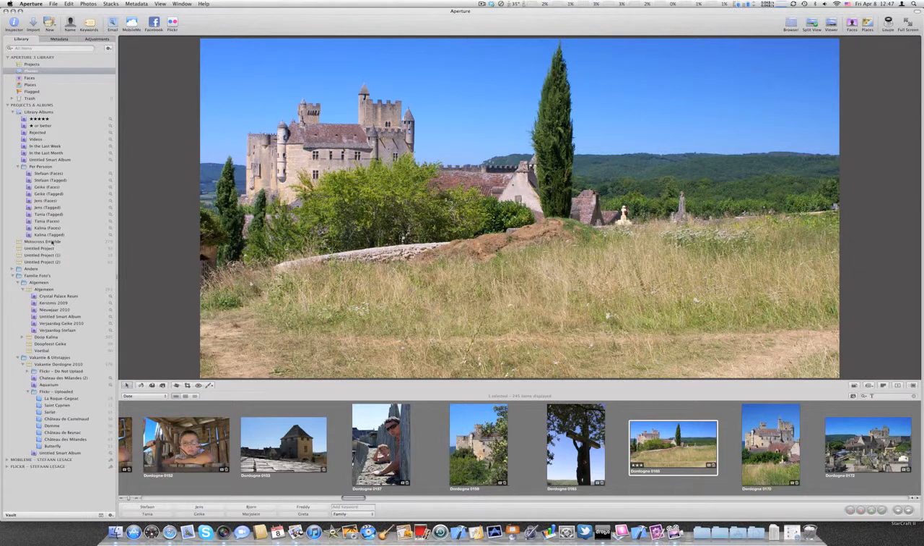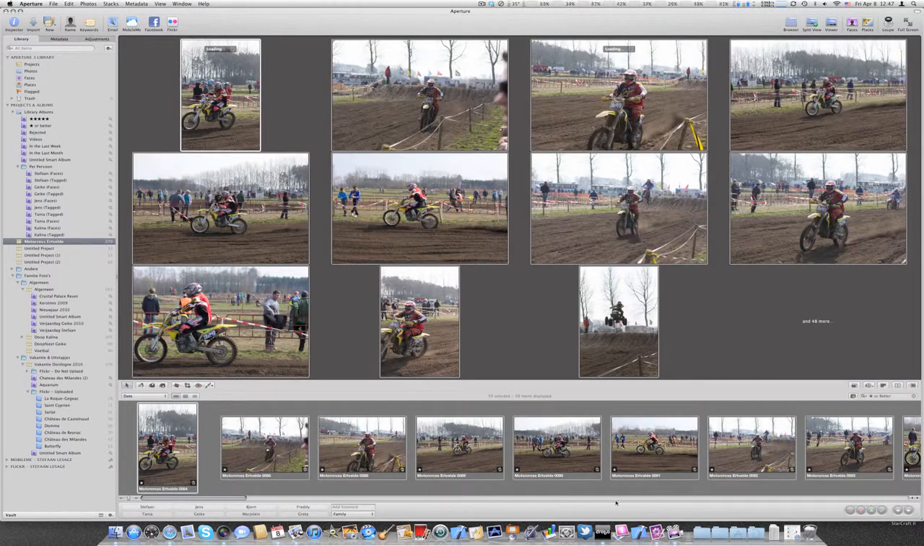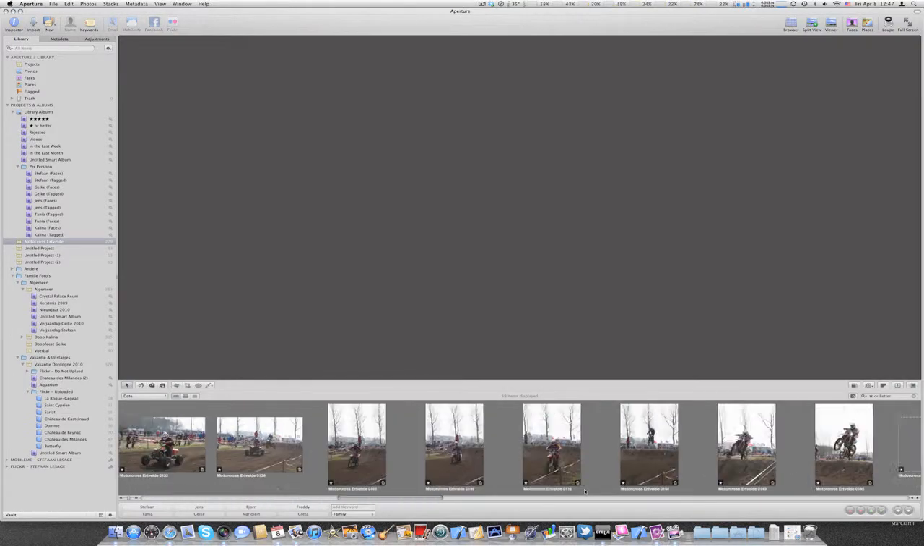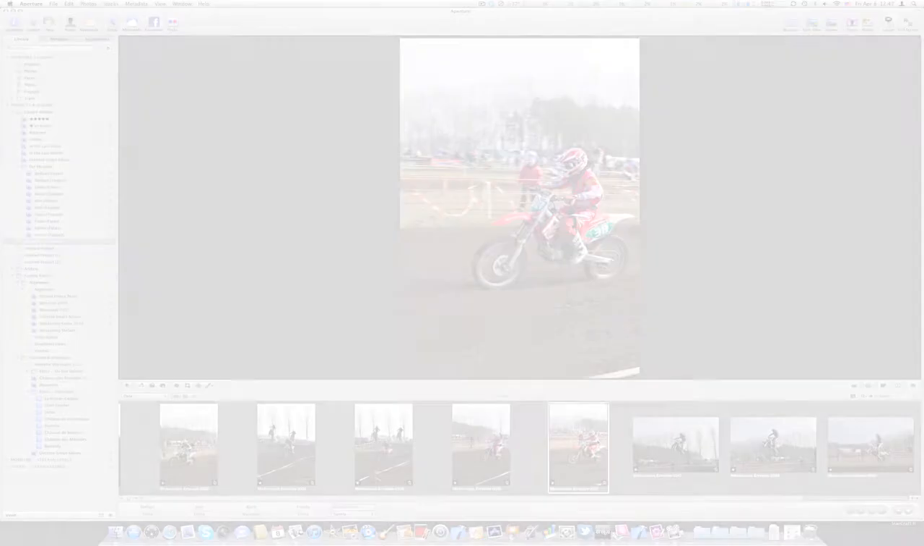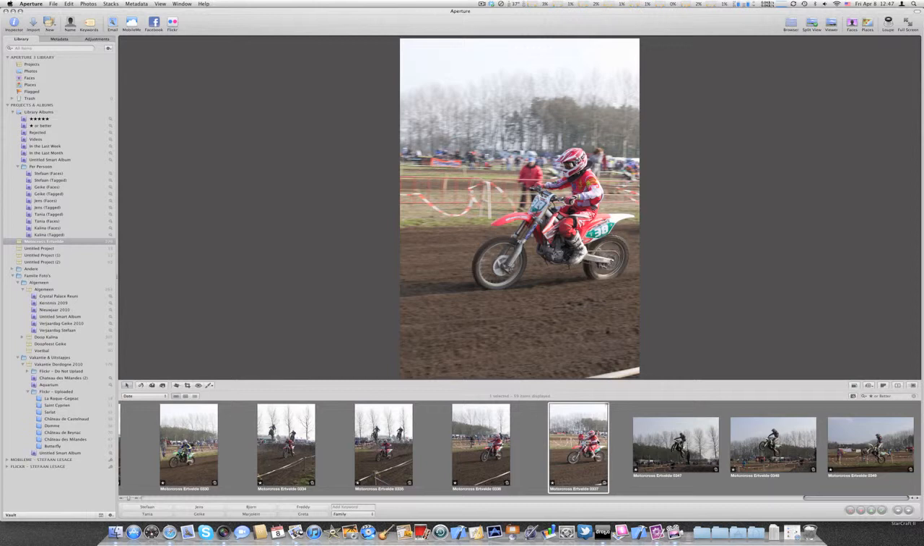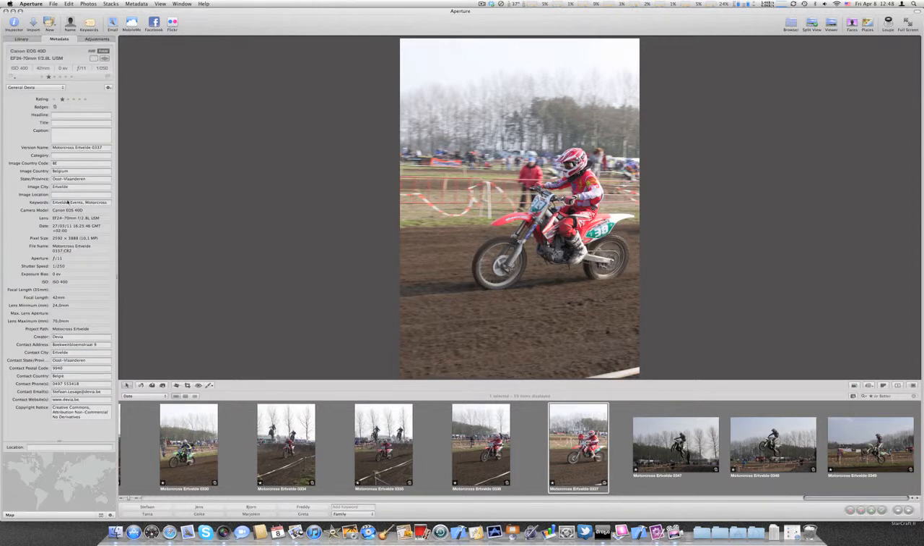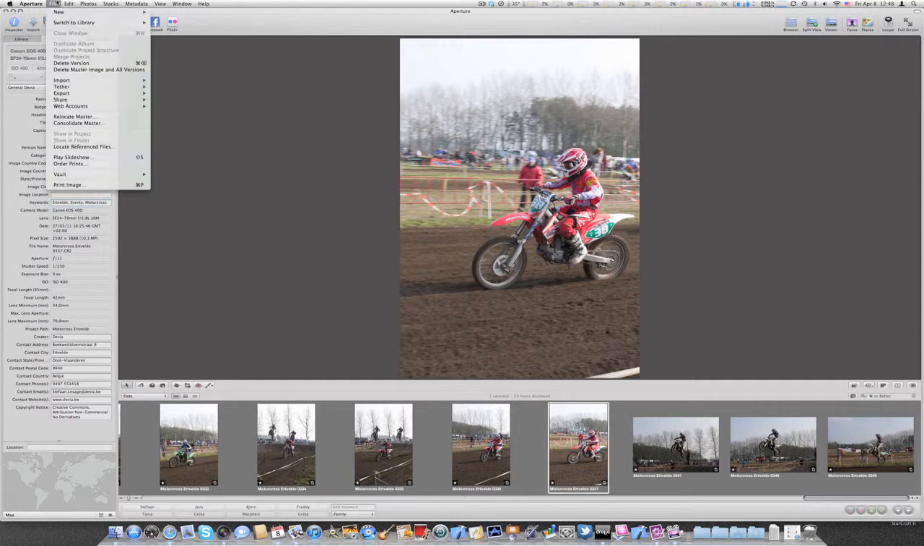Let's go back to my test project here and let's have a look at one image I could use. Okay, let's pick this image, for example. Let's have a look at the metadata. It has some keywords to it: aardvalde, events, motocross. And let's say I want to export this image to Flickr. File,